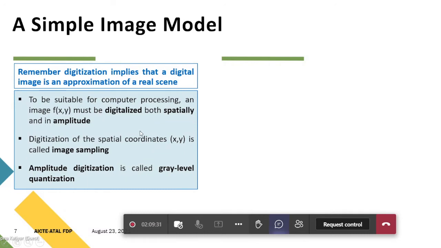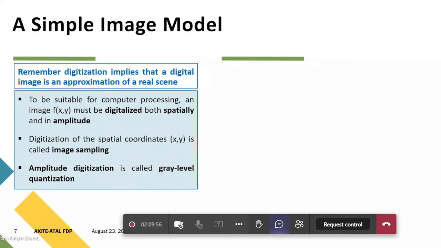Now, when we are saying processing, there is a requirement to process it with the help of the computer, and we have to process the digital image. So whenever we are talking about the image, the first thing that comes to your mind is some coordinates and the particular value at that coordinate, right?